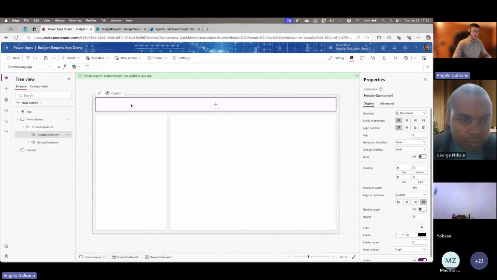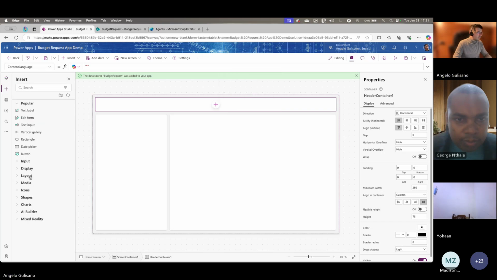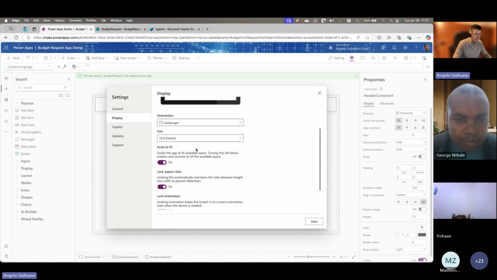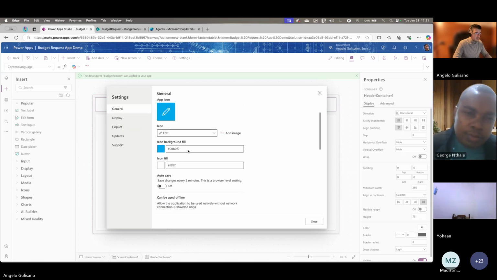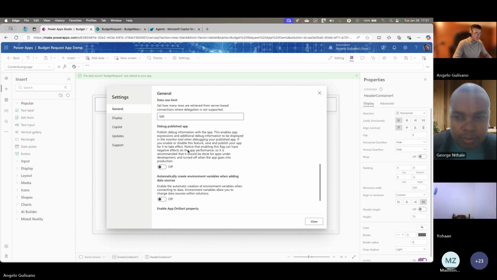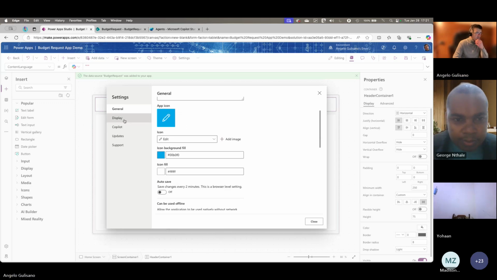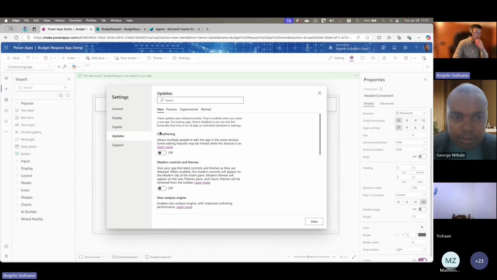and here we are going to add components. We don't have modern controls, so 1 second. I want to use the modern controls.